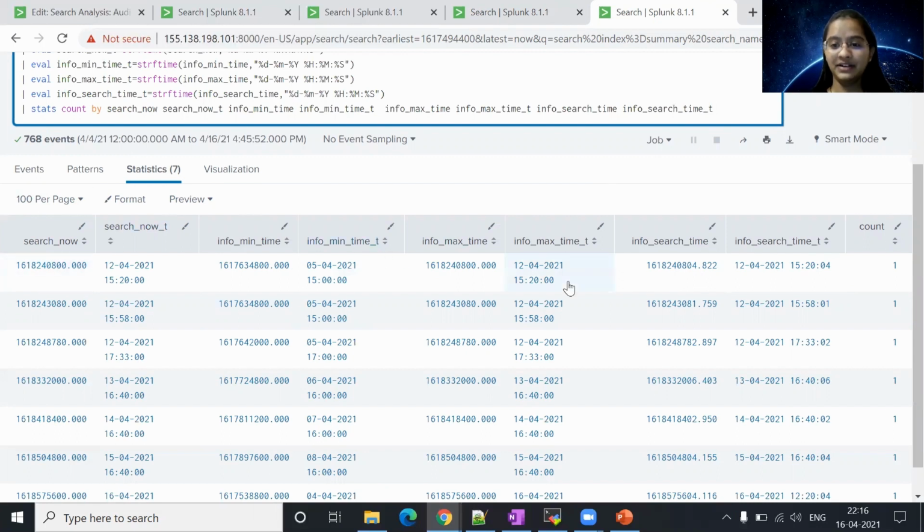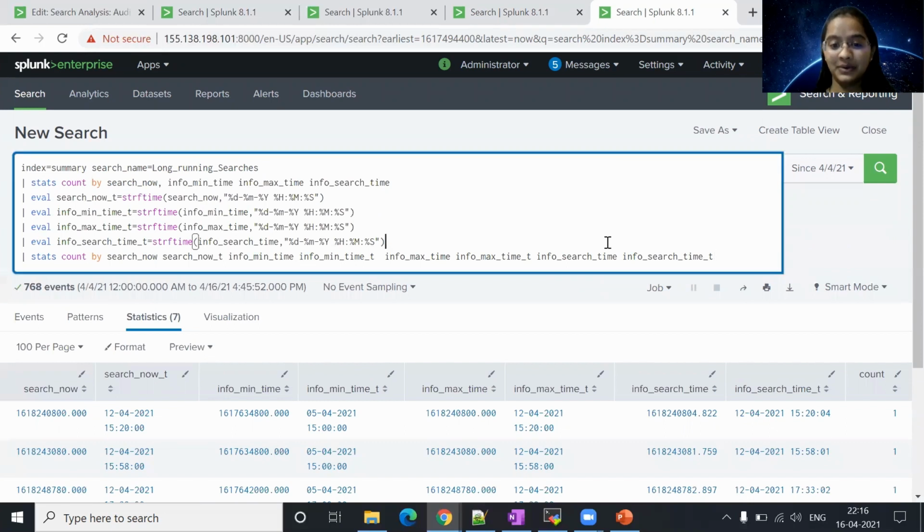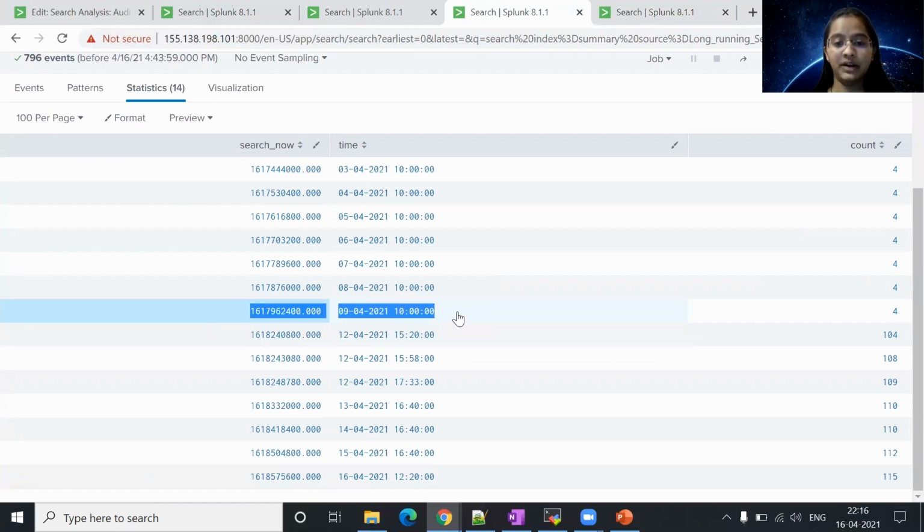So you want to give it a try? Okay, you can give it and let me know how much performance it has improved. Okay, this was about search now. One more thing is, let's say we want to delete the historic runs which ran before 9th of April. So simply we can say search now is less than this and perform a delete operation. So it's also feasible. So let's go to topic 2.